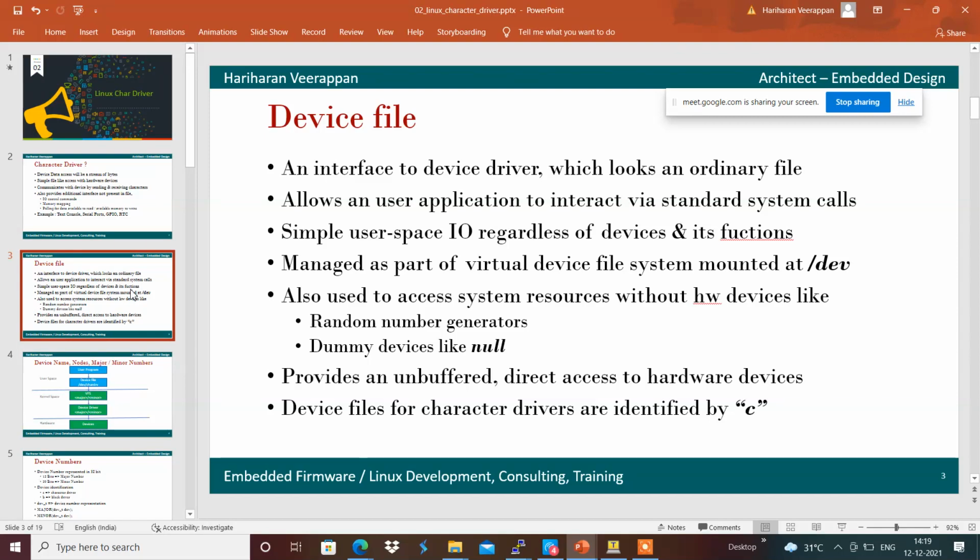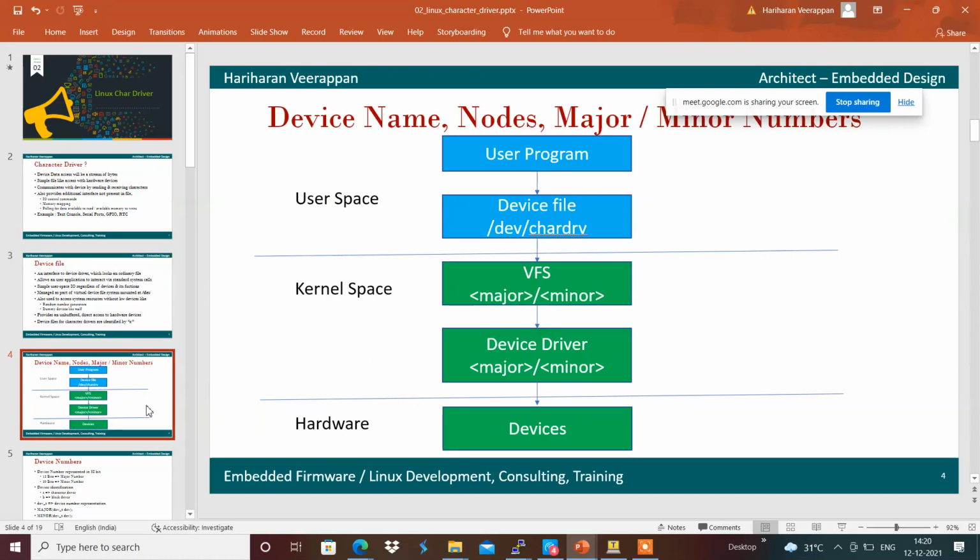The basic binding of the user program with the device driver is based on the device file, which is denoted with the major and minor number. The major and minor number are provided accordingly in the device driver file, so that the respective file operations on the device file initiate the respective callback on the device driver accordingly.